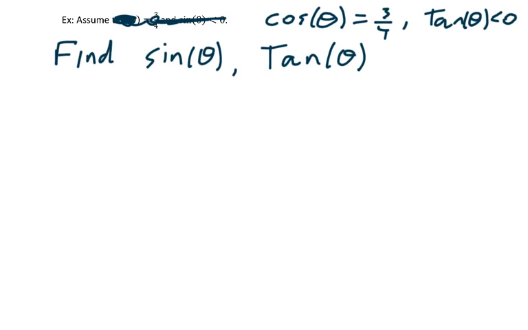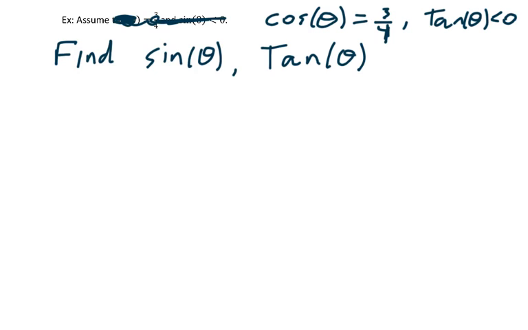So here's another example. Let's suppose we know that cosine of theta is 3 over 4. It might be a little hard to see, but this is 3 over 4, okay? So we want to get sine and tangent. And also, tangent of theta by assumption is negative. Okay, well then, how are we going to get sine and tangent? Well,